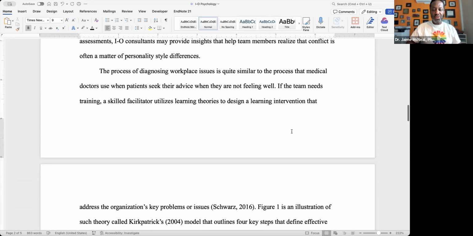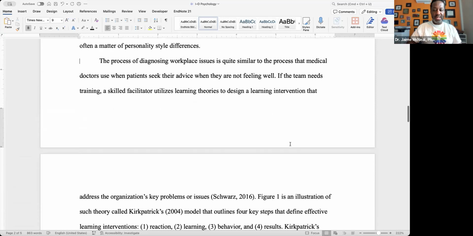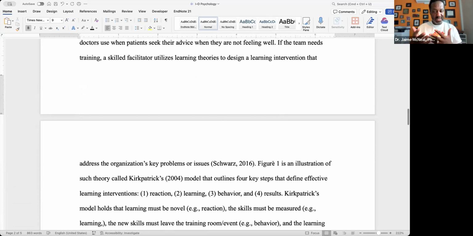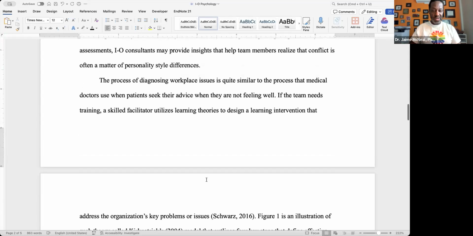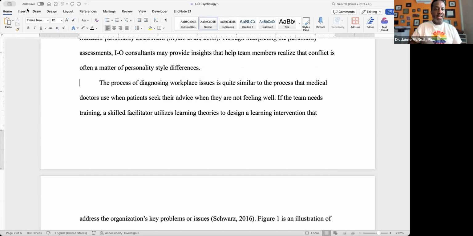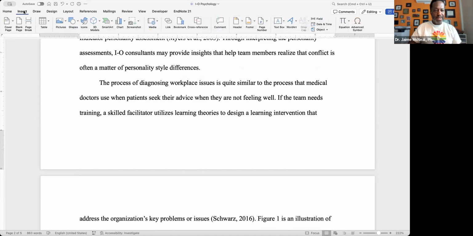So I'm going to go to the first area, the paragraph where I mention this figure. Obviously, I'm doing this sort of in reverse. I've already done it, but you would be doing this as you're working through your paper. So with my cursor at the beginning of the paragraph where the figure is going to be attached, I clicked the insert button, and you'll notice there's a button here for pictures. If you click pictures and click the